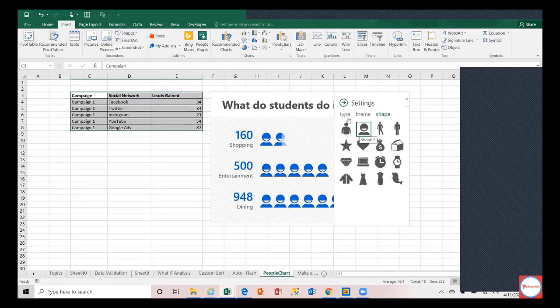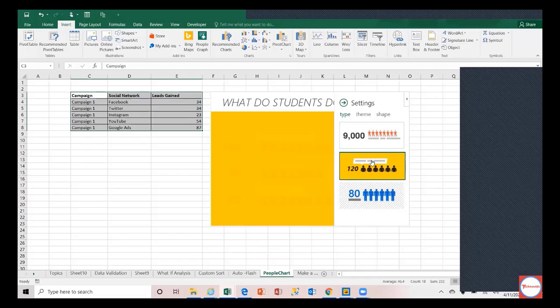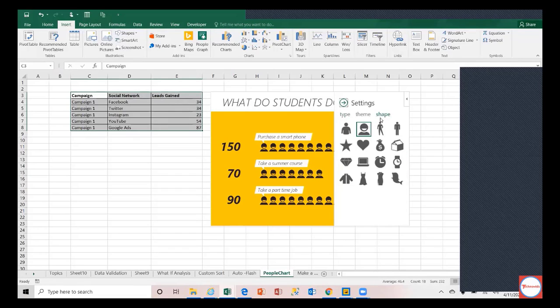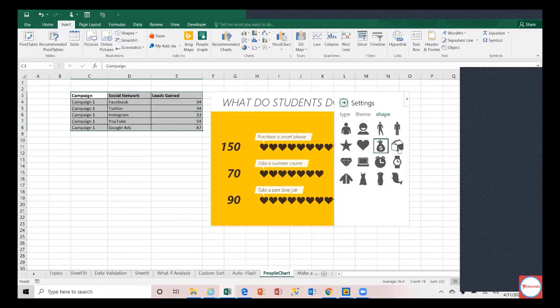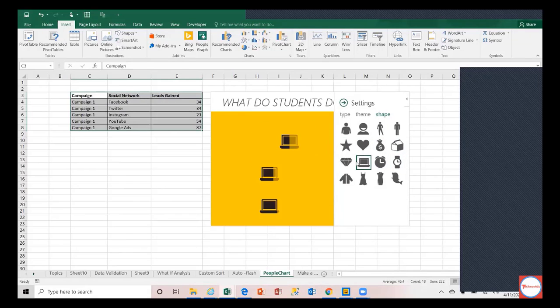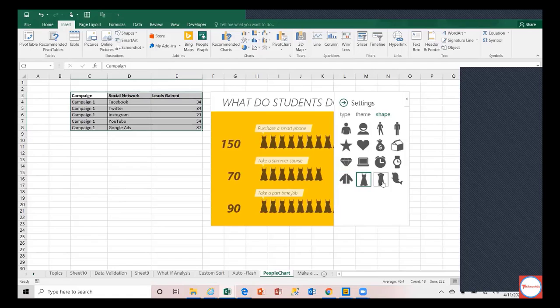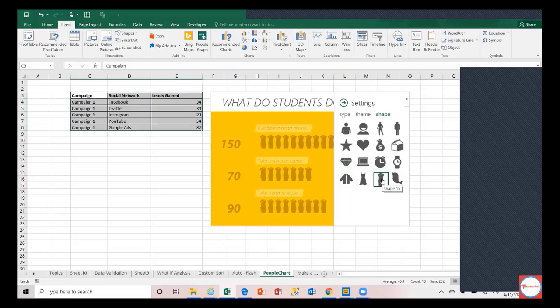Okay, like this you can select that and select this. So some other shapes like the standing figure, this one, the star, heart, money, time, laptop, diamond, apparel, I think some animal, seafood, all those things, correct? So like this, you can represent your data. This is representation of data.